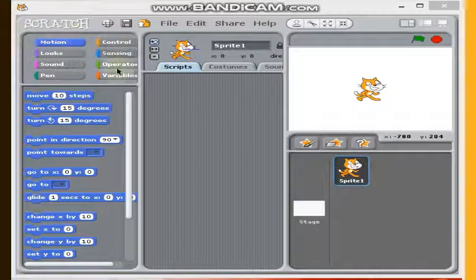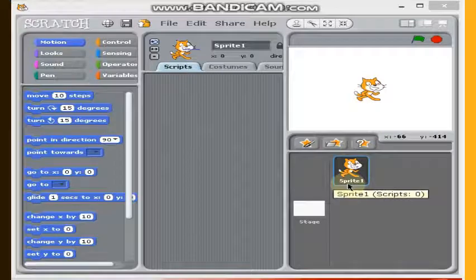This is the blocks pane, and this is the current sprite info pane, and this black screen is the script area, and this will be the block palette, and this will be the stage, and this will be the sprite, and the next is the sprite list. This is the toolbar and this is the sprite toolbar.